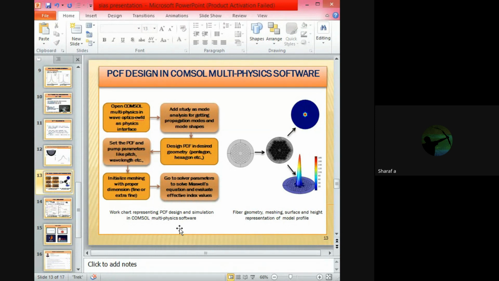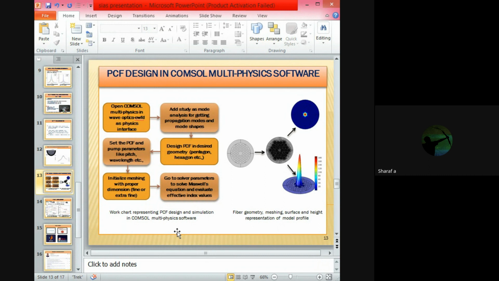Or also you can use different materials here. You can use other properties. You can vary pitch, the distance between air holes, and the diameter of air holes. You can fill liquids, etc. All those things can be done in COMSOL, and we'll finally get the effective refractive index of the light